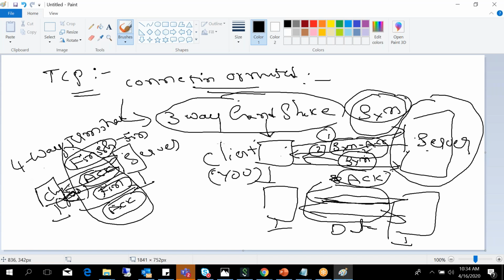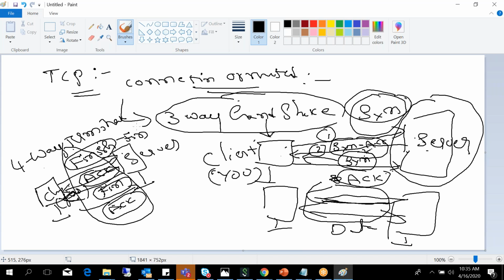To establish the communication, it's a three-way handshake. This is the process while establishing the connection between a client and server, and to terminate, it follows a four-way termination process. So that is why TCP is called connection oriented. Everything that happens, you have to perform a three-way handshake, and once it is done, you have to do the four-way termination.